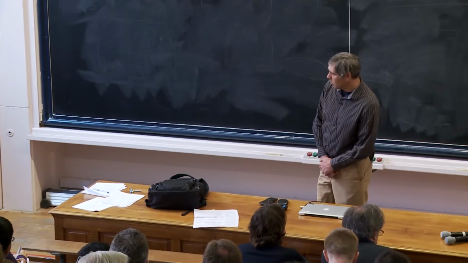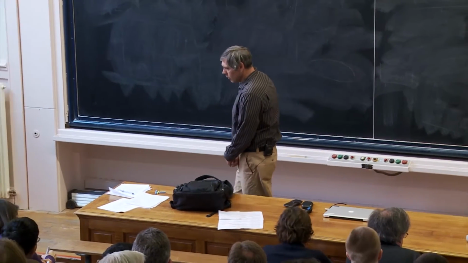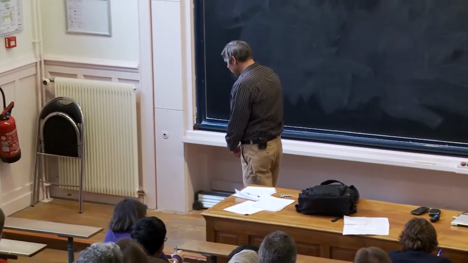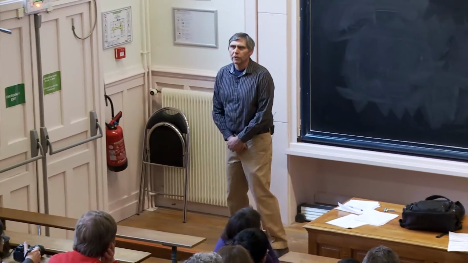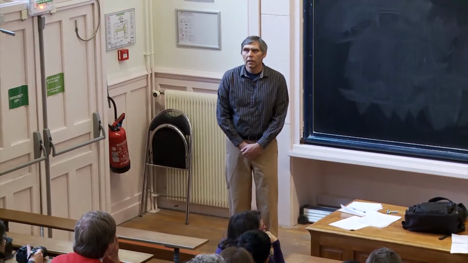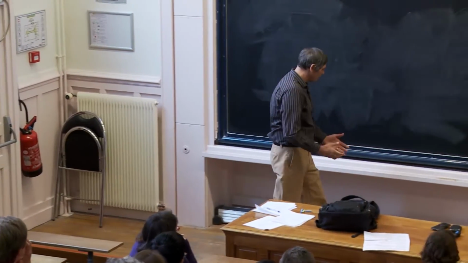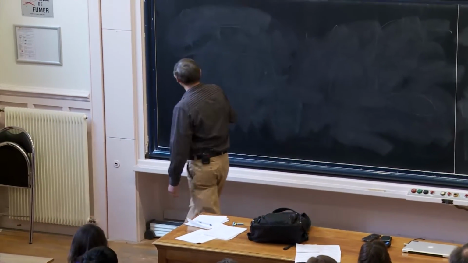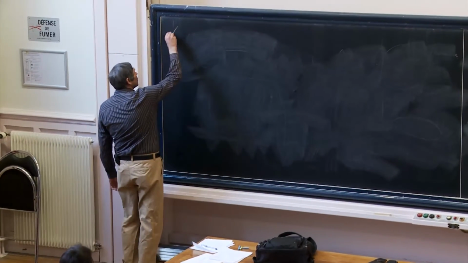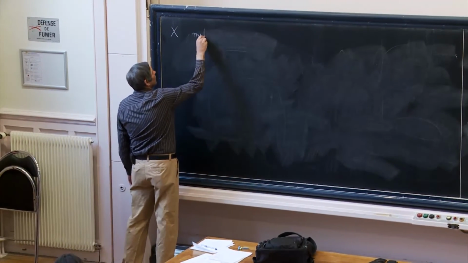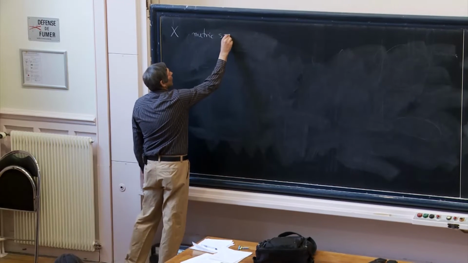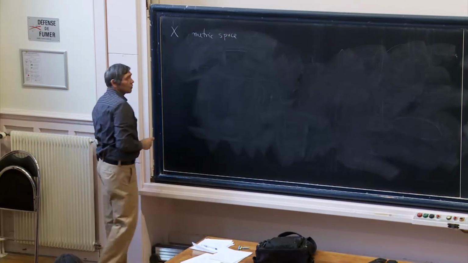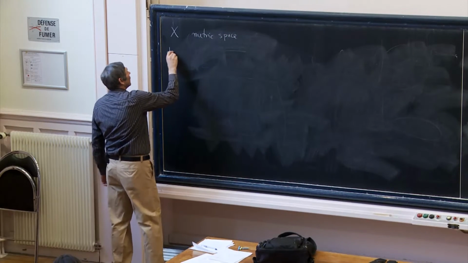OK, so I'll start by giving a little reminder of what some of these words in the title mean. And in particular, I'll start with some of the dimension theory that will come up. So the first thing is asymptotic dimension. So X is going to be a metric space. And now the definition that was introduced by Gromov is